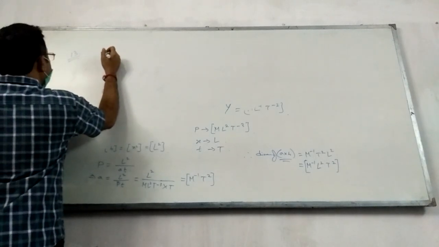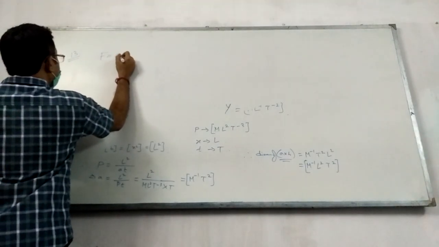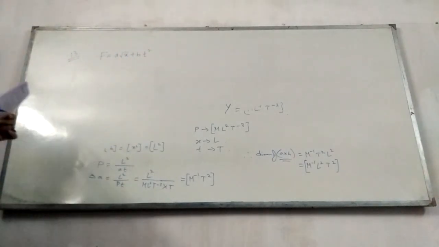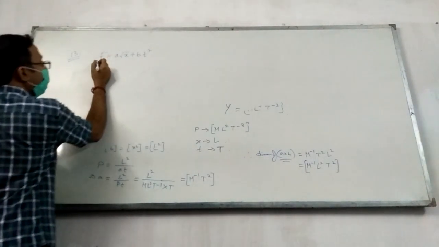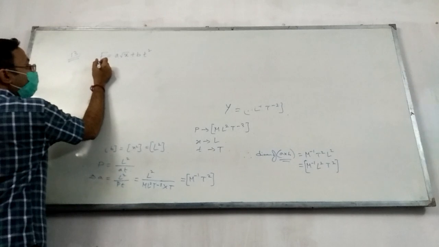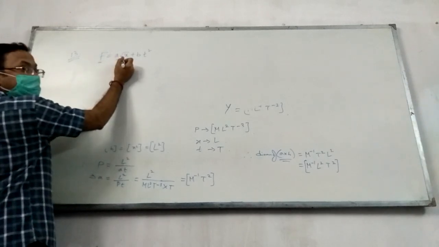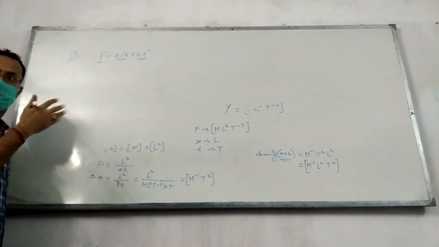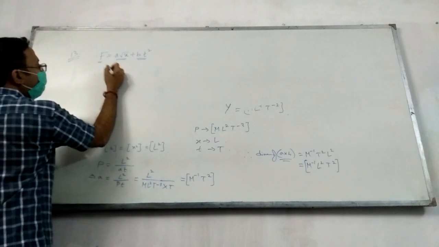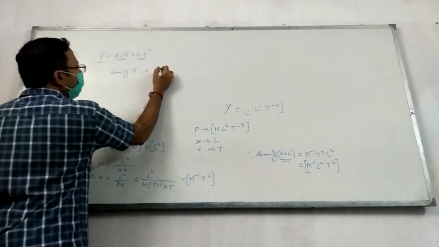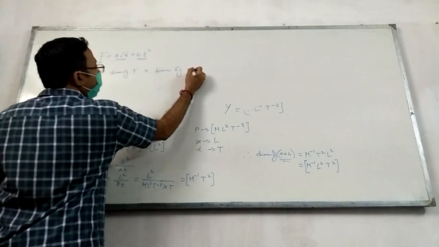Question 13: find the dimension of a by b in the equation f is equal to a root x plus b t square. Find the dimensions of a by b in the expression. Whenever we are writing an equation, there is an equal sign, so obviously the dimension of f should be equal to the dimension of this as well as the dimension of this. Otherwise the principle of homogeneity is not satisfied. So you can write, therefore,